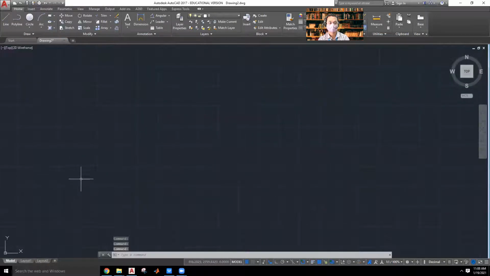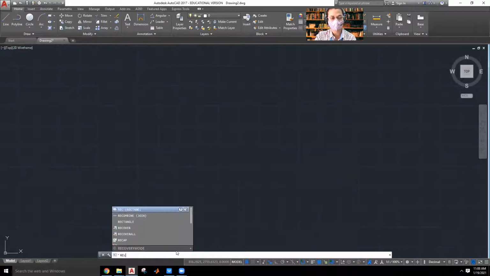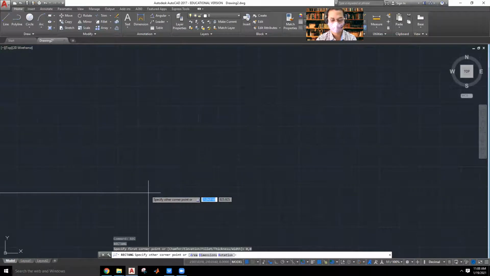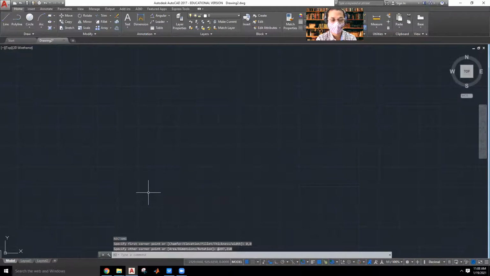So this is drawing 2. It has been opened, but now it is somewhere in space, so we don't know exactly where it is. So I have to create one rectangle based on my page size. In the command bar I'll type REC, enter, and specify the first corner as 0,0, enter, and the other corner 297, which is the x dimension of your A4 sheet, and 210, the y dimension of the A4 sheet. So you have created a rectangle, but there is other space you can't see. So type Z, nothing but zoom, enter, A.